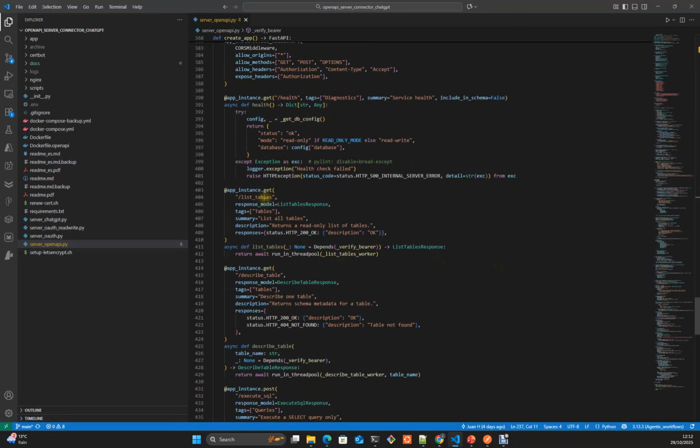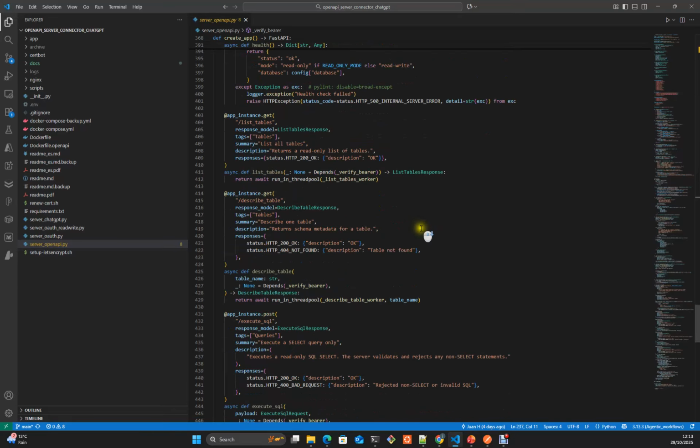This is for list table. You can see here that in health we don't need to set up the authentication. This is just for ChatGPT to check if it is a keep-alive entry point, to check if the database is alive or not alive.